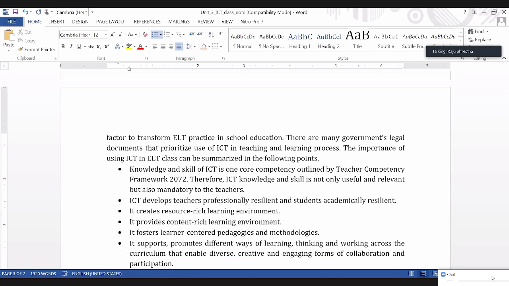ICT tools support, promote, lubricate, facilitate, and expedite different ways of learning. Some learn by watching videos, documentaries, and films. Some students or learners listen to audio clips and different audio materials and learn. Some search many